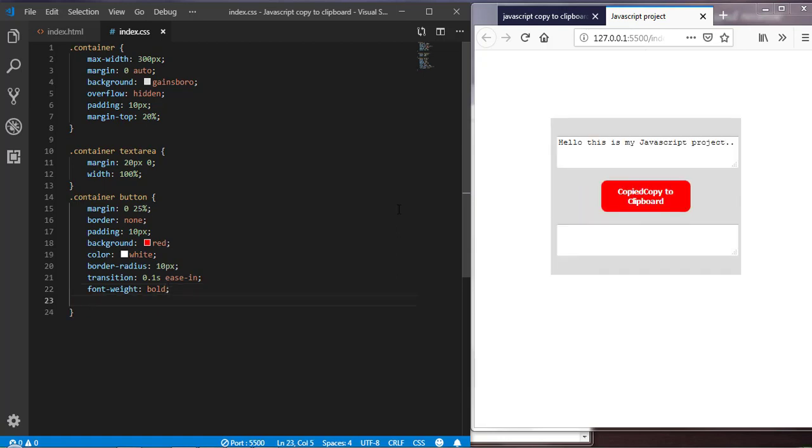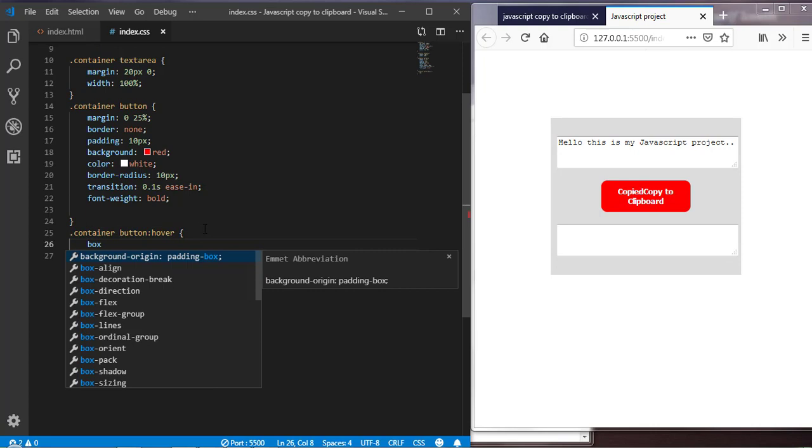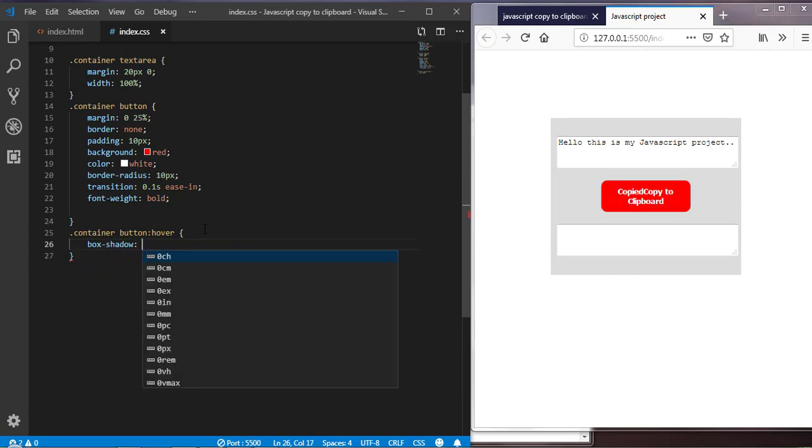And that's basically all we need for our styling. So the next thing we need to do is to give it a hover effect. So we say container button hover, and this will be, we are going to give it a box shadow of 2 pixels, 3 pixels, 2 pixels black,